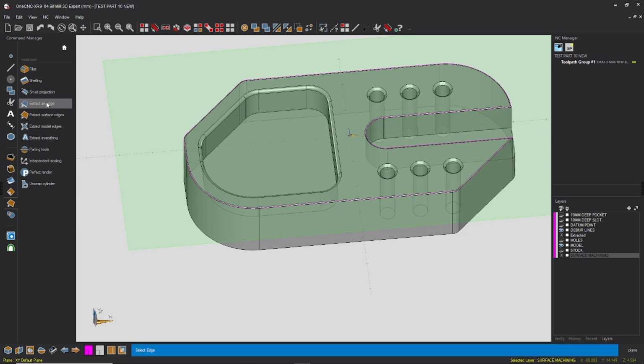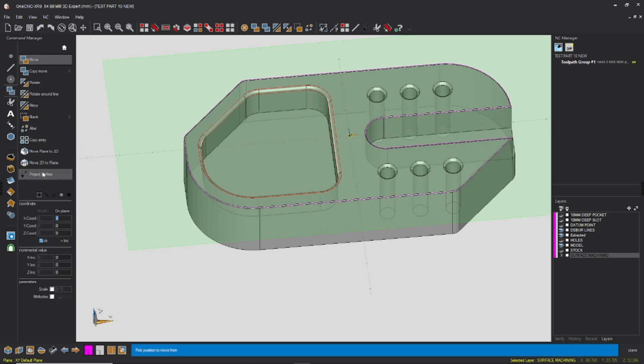So what I'm going to do is extract an edge, grab that edge there, and I'm going to grab that edge there. I'm going to grab both of them, F3, F3, project them onto the plane, which will automatically put them onto this layer. So projection tool again, so you can either go this way to get to it, and there is another way you can get to it,